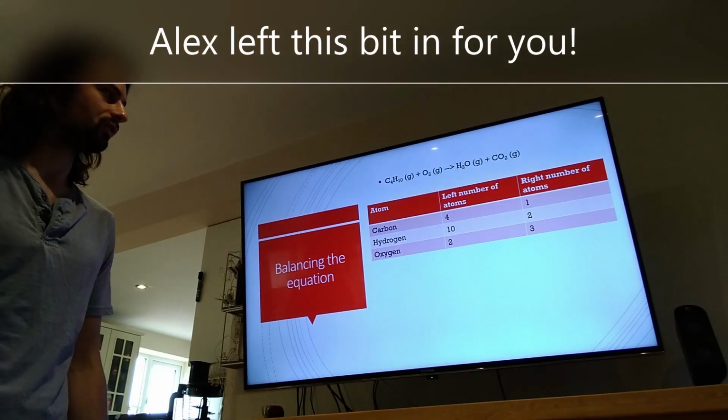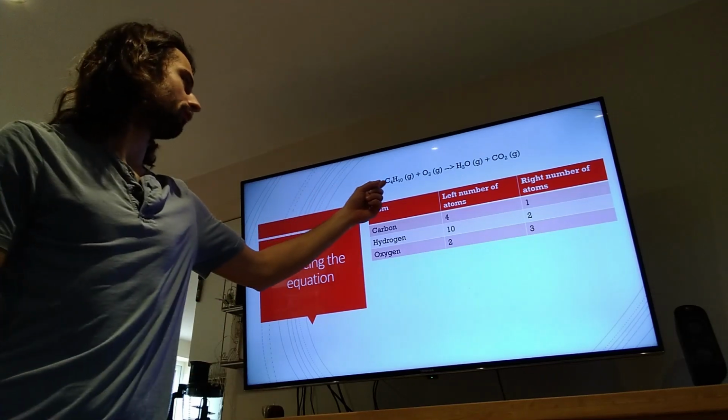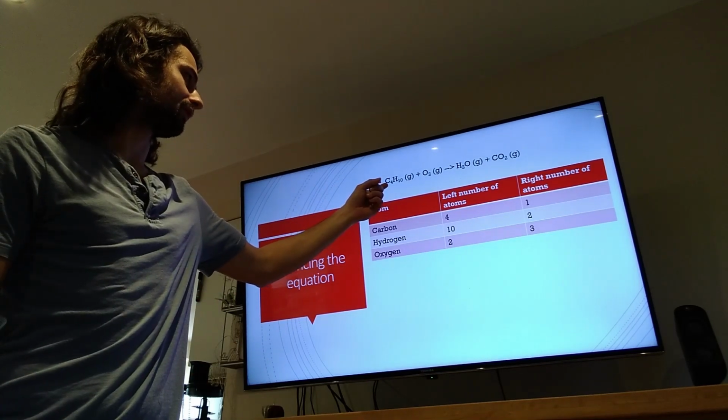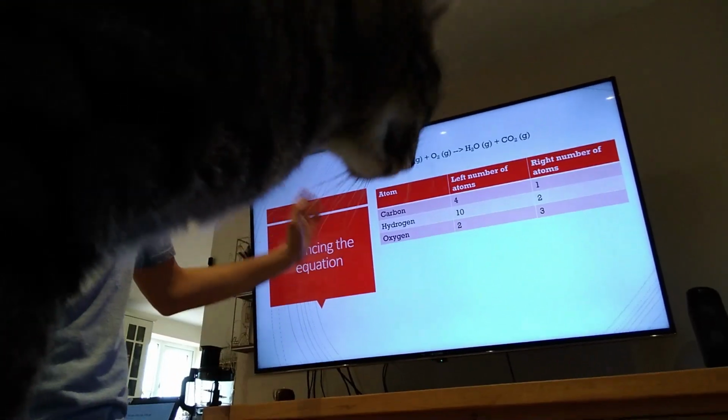Next off, how to balance the equation. So we start off with 4 carbon atoms on the left hand side, 10 hydrogen atoms and 2 oxygen, and then on the right hand side,